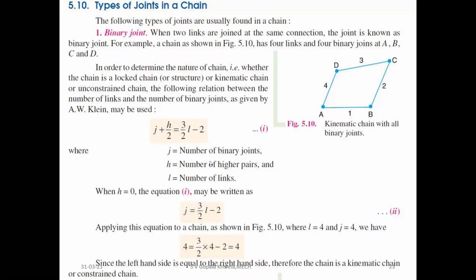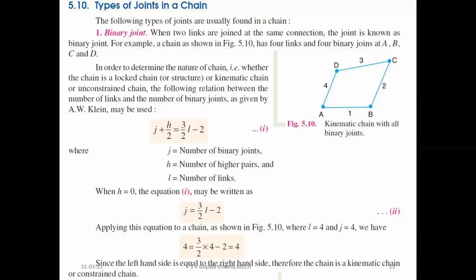Okay. In this, let us take one small example. Four links are there. It is a 4-bar chain. For example, let us take the 4-bar chain. So these are the 4 links, and there are also 4 joints, A, B, C, D. Those are the joints. Now those values are substituted in our equation.